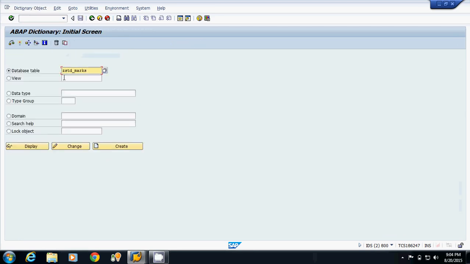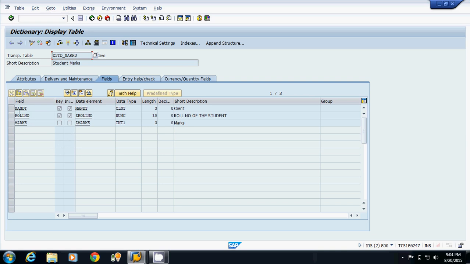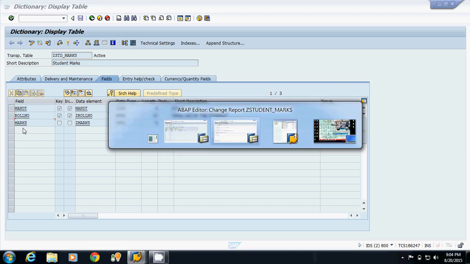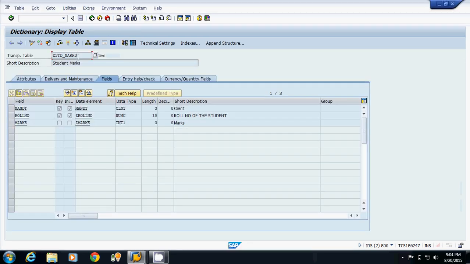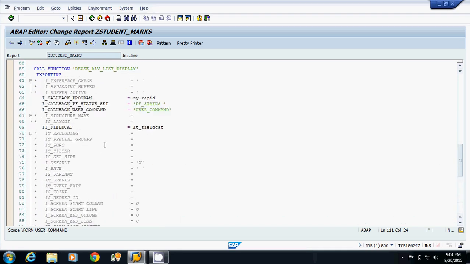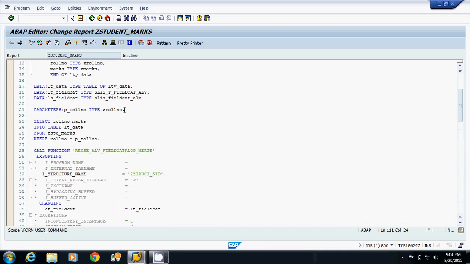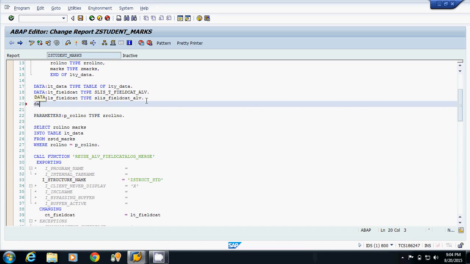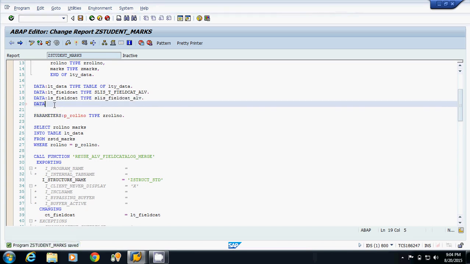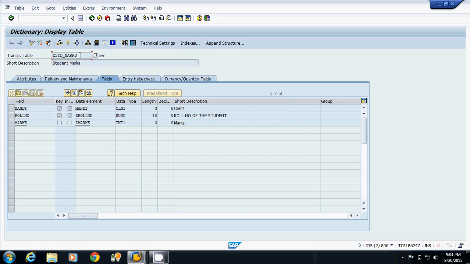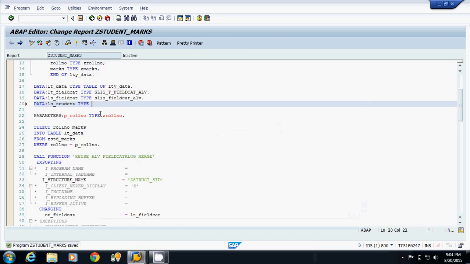Now in this table I have 3 columns, MANDT, roll number and marks. So I will declare one structure of this database table type. Data ls_student type zstd_marks.